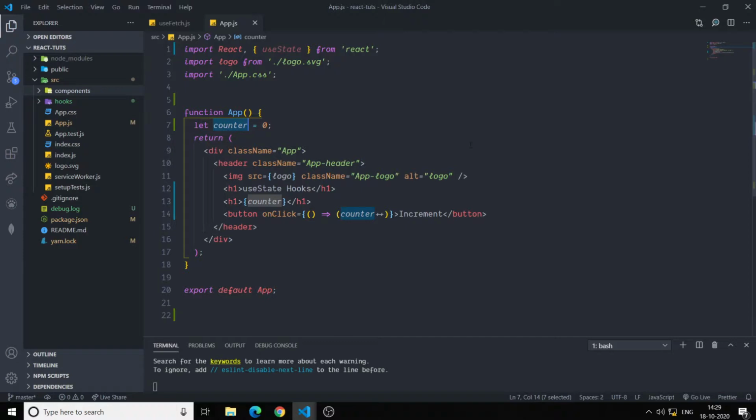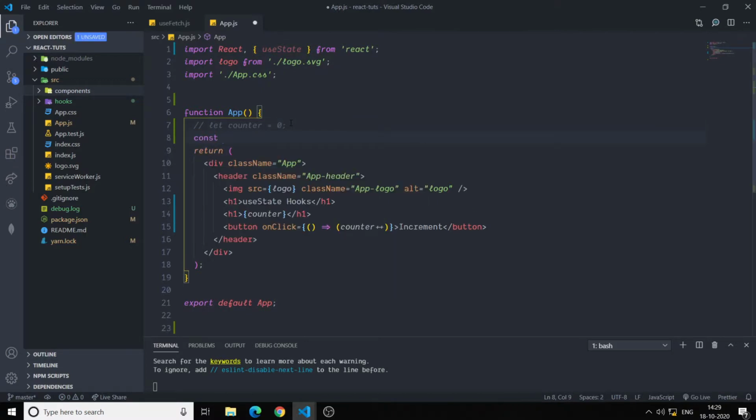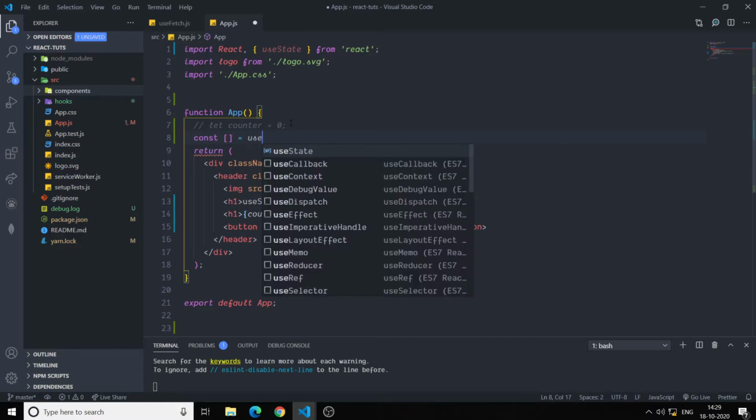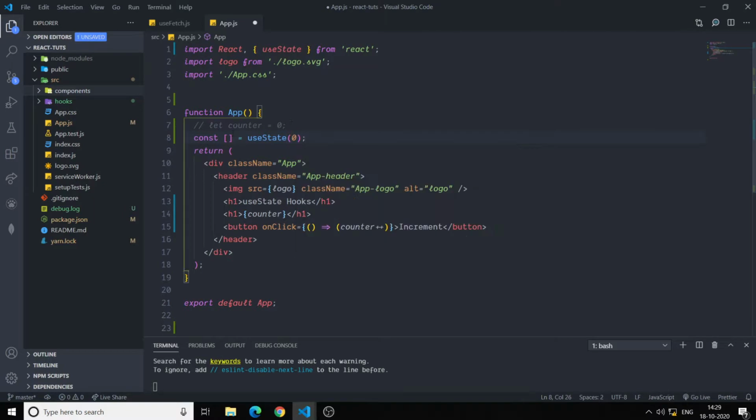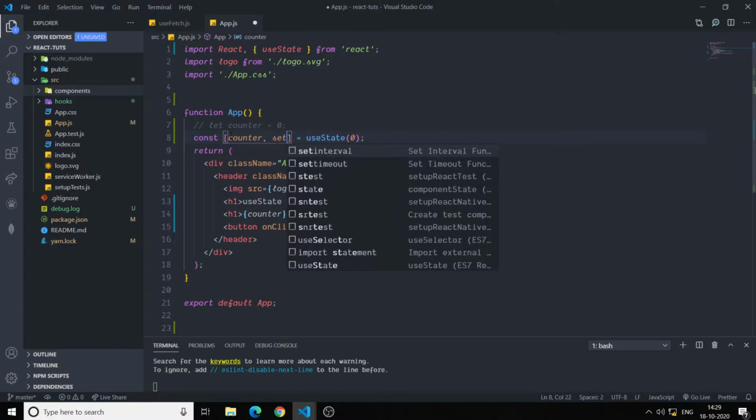To use that, we will simply use the useState hook and import it from React. It's a named export, so we import it inside the curly braces. And the change we will make is that we will say const equal to something and useState, and we will give it a value of 0. Let me write something more and I will explain what all this means. So I will add counter and setCounter.